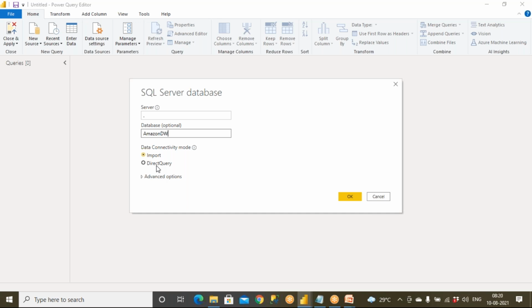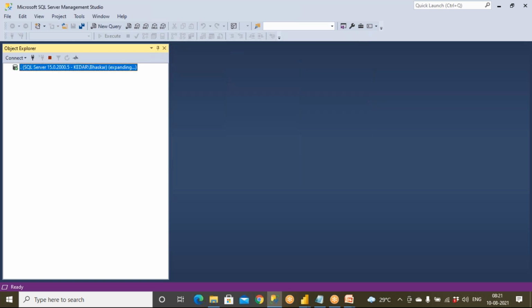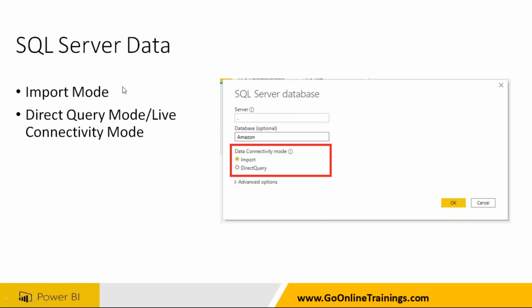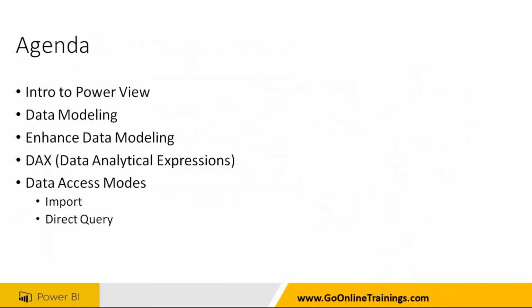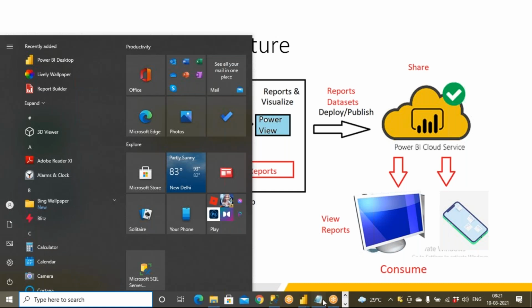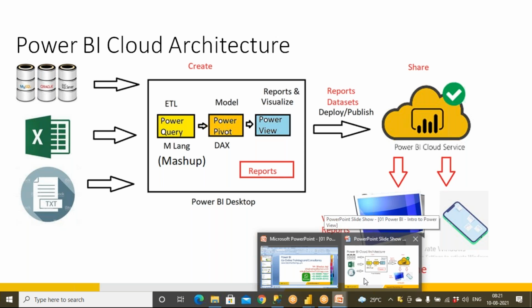So if you have terabytes of data, data warehouse is going to be having terabytes of data, right? So definitely you have to use direct query, import query cannot be used. Why import query cannot be used? So import is getting a large amount of data. Okay. So when you get large amount of data, so when we go back, see here, when we are getting a large amount of data, what is the issue? The issue is that you will not be able to,